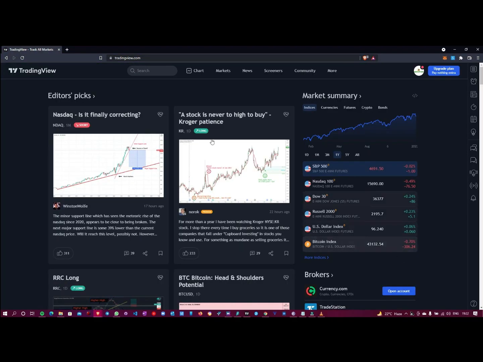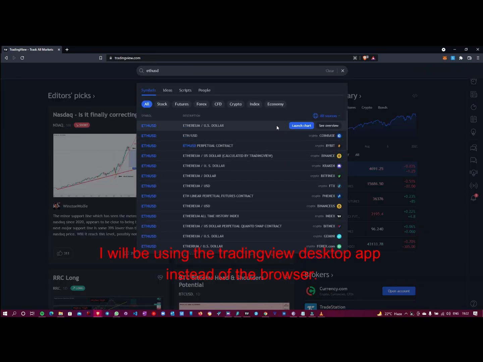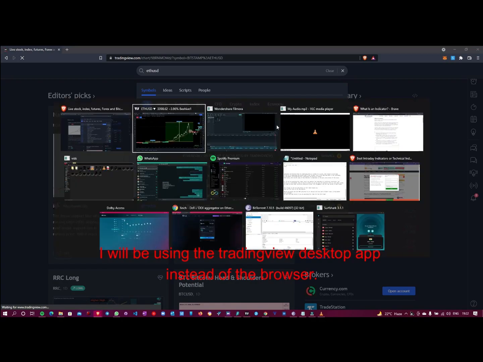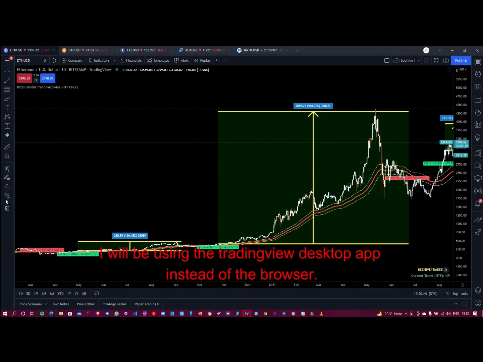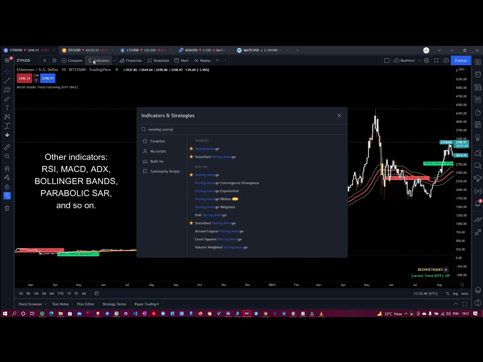If you don't know what an indicator is, it is a set of tools applied to a trading chart of any asset that help the market look more clear. They can confirm if the market is trending or not, or when an asset is overbought or oversold. For example, moving average is one of the most popular indicators used by traders.